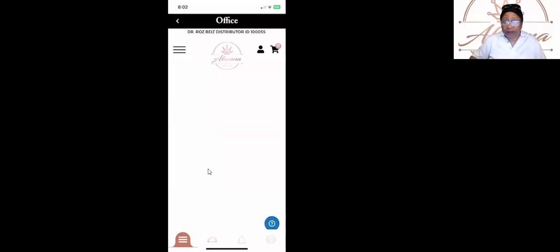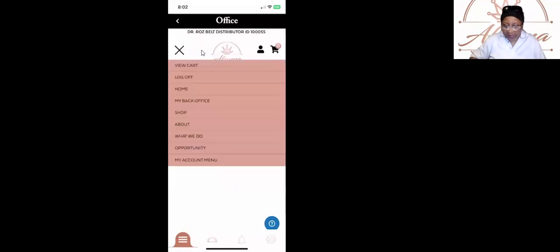Now you can go directly to your phone. And now you have these three lines right here. You press those three lines, and that's where you log in, or you log off, or you see shop, or you see all these different things, and then you see my back office.